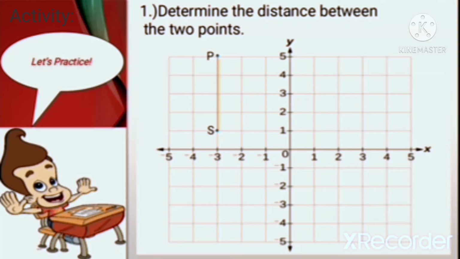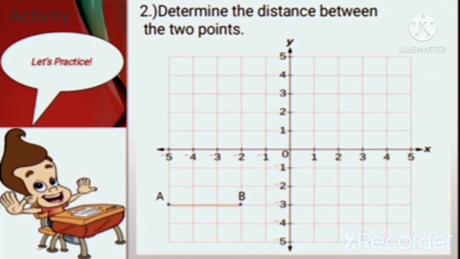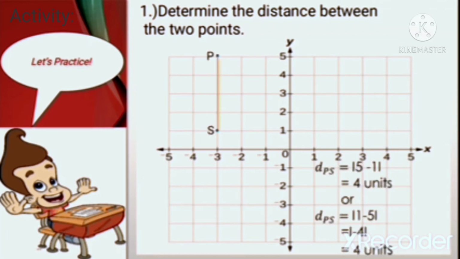So the increment of y, that is the distance from P to S, is equal to the absolute value of 5 minus 1. Our y sub 2 is 5 and y sub 1 is 1, or y sub 2 is 1, then the y sub 1 is 5. So again, either way, we will come up with the same answer. So just simplify. The absolute value of 5 minus 1 is equal to 4 units,